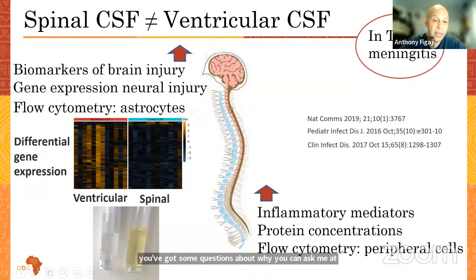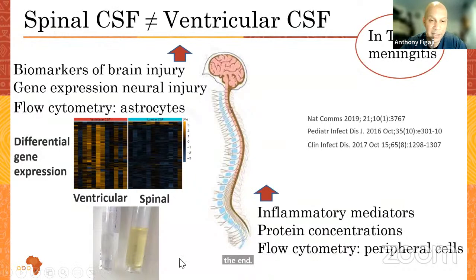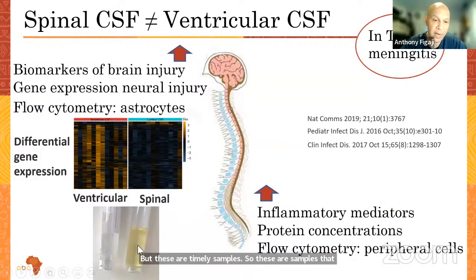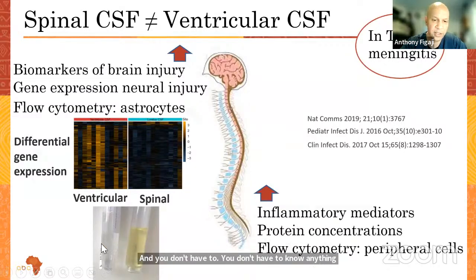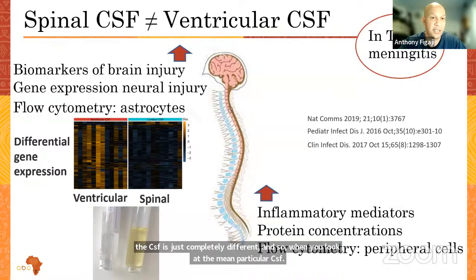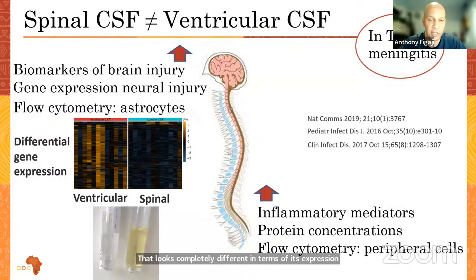But these are time-linked samples. So these are samples that are taken at the same time in patients from the brain and the spine, and you don't have to know anything about differential gene expression to appreciate that this CSF is just completely different. And so when you look at the ventricular CSF, it looks completely different in terms of its expression of biomarkers of brain injury, gene expression, the cells that you see in it, the protein that you see in it,